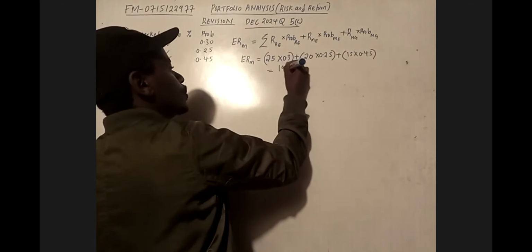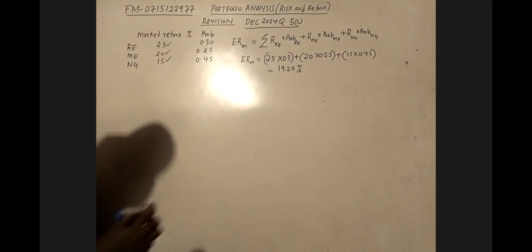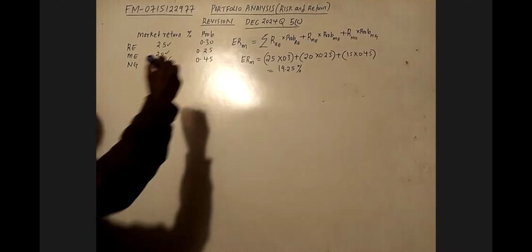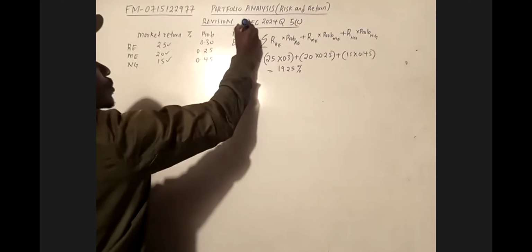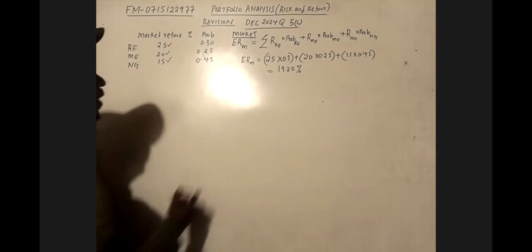So 19.25%. So that is the expected return. That is the expected return for the market. So this one is for the market, which is denoted by M. You need to find the expected return